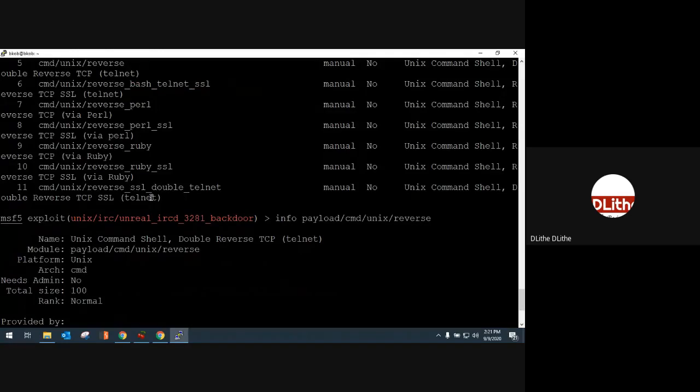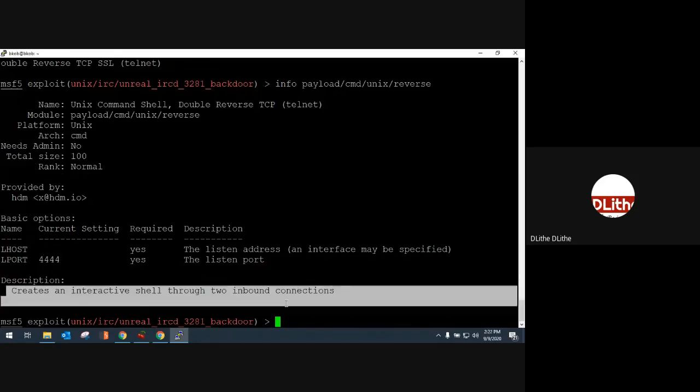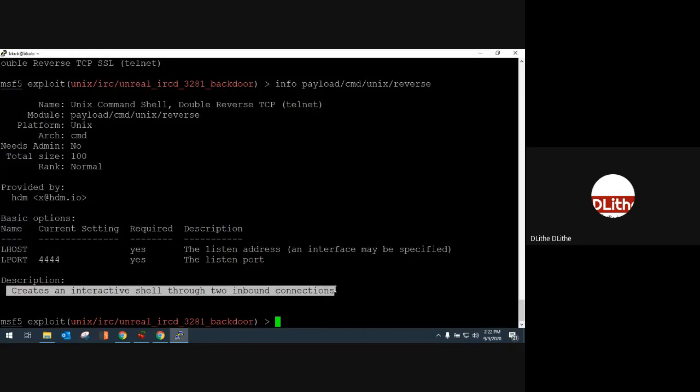The only difference is that when you use show payloads, it gives you the generic path. So while searching for the information, you need to add payload along with your command, followed by the path of the payload. This will give you information like which platform this payload will work for, what the size of the payload is, and what it typically does. But again, this will give you only a generic idea. You will not have specific, targeted information. So the second part,